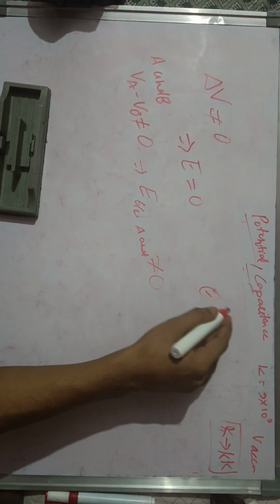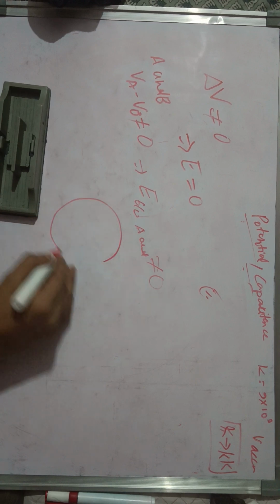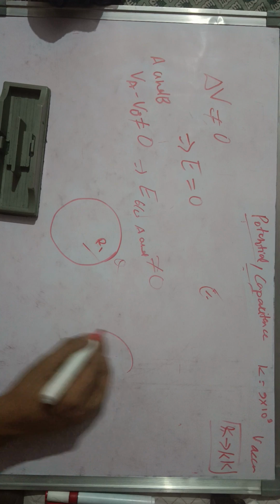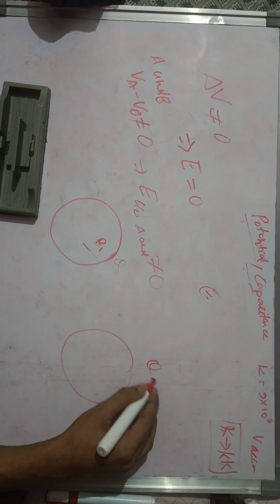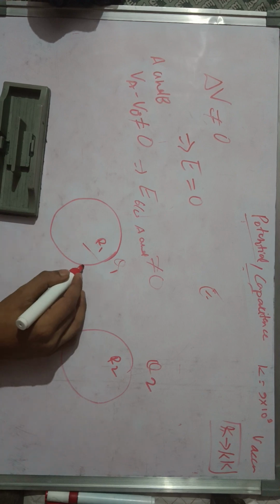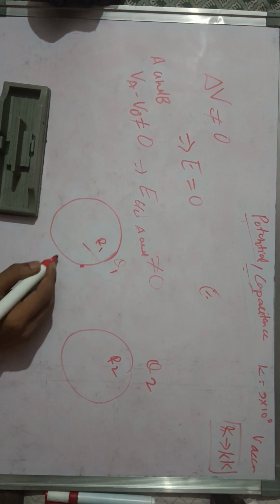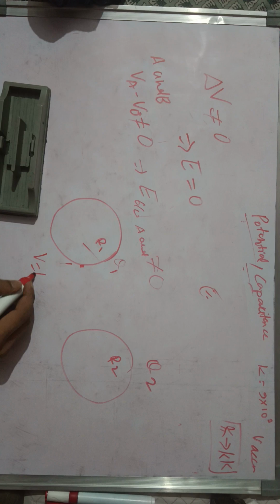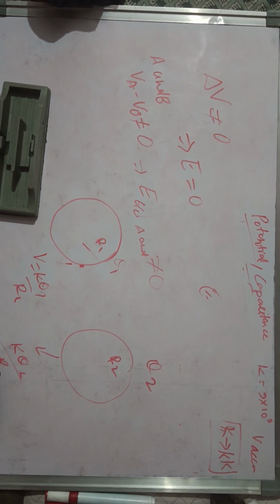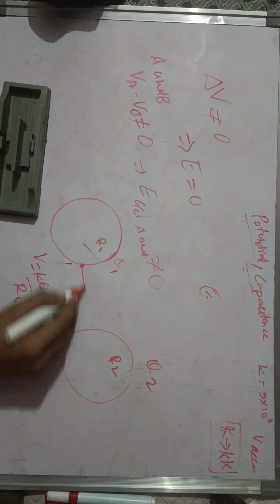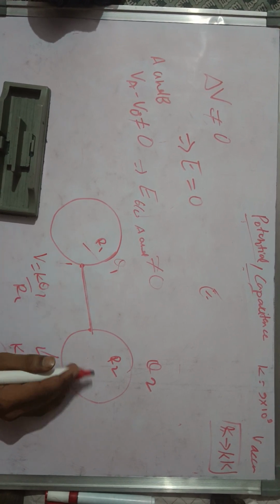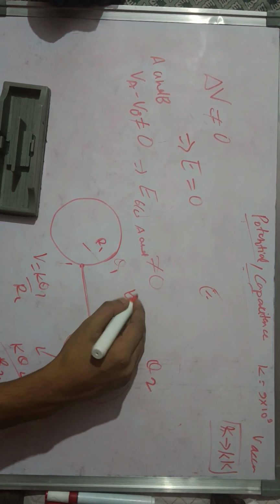So in case of electrostatics, let's say there is a body here, it has charge q1 and radius r1, and this one has charge q2 and radius r2. Then the potential at its surface, this is a hollow sphere, this is also a hollow sphere, is equal to kq1 by r1 here, and kq2 by r2 here. So if I connect them with a wire, and after electrostatic